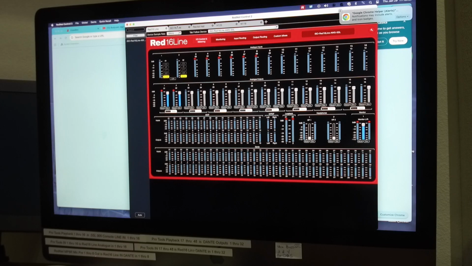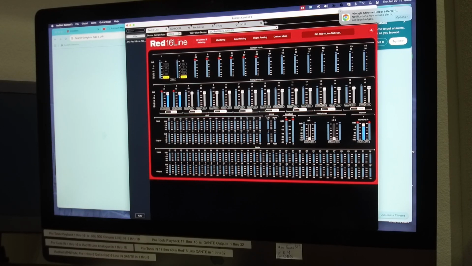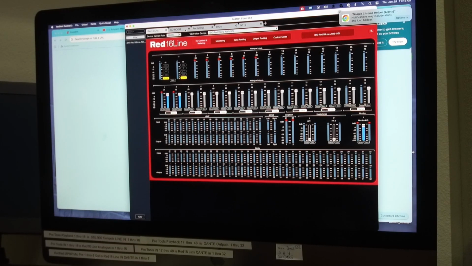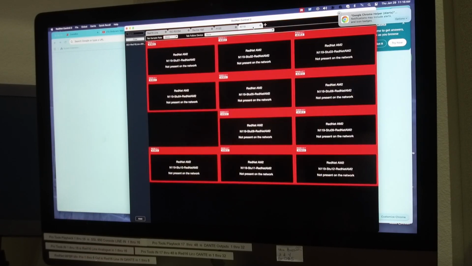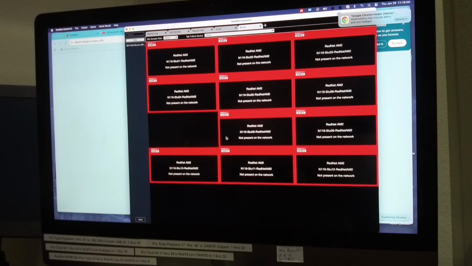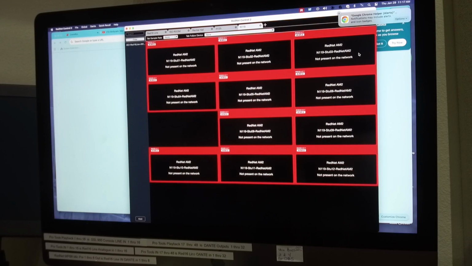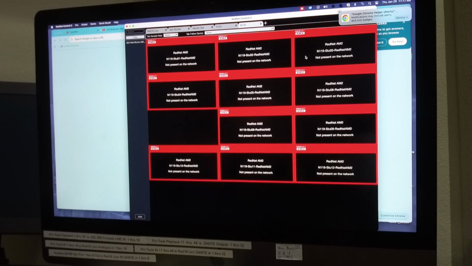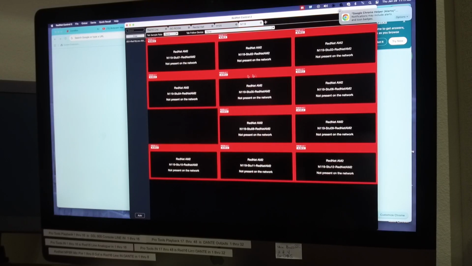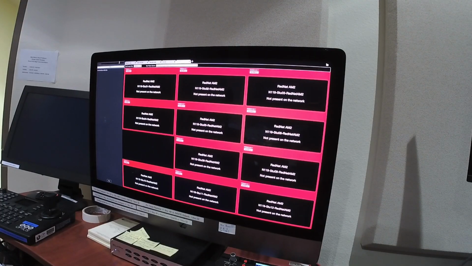Now what you would have to do if you want to get on the network to see these: right now if I show N119, I show them all, but there's nothing awake there. They've been put in here, but there's nothing showing up because now I have to log in to the Dante network. So what you have to do is go up here to the Dante